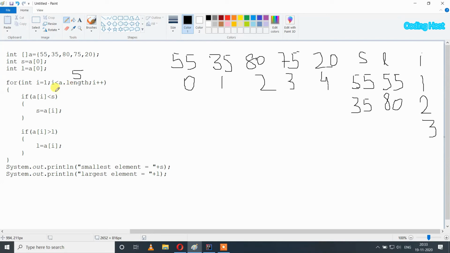After that it will again check here that I is less than a dot length, so 3 is less than 5, so our condition is true, and we again get inside our loop, and here it will again check that if a of I is less than s. So at index I, which is 3, element is 75, and in the s variable we have 35.